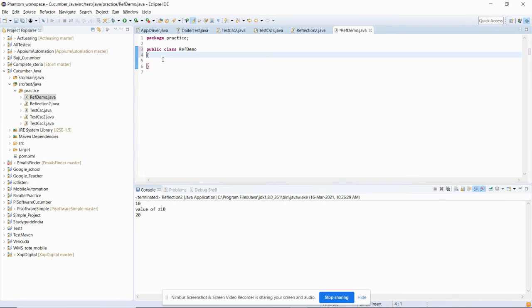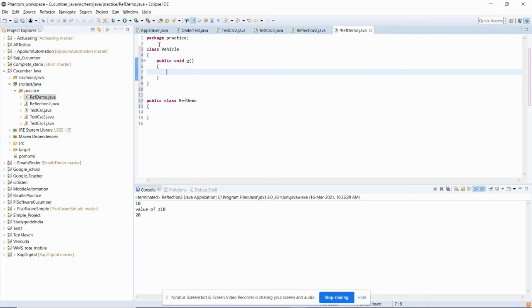I have created a program, a blank class, and we will write the code here. Suppose we have a class like Vehicle, you can take any name. Here we have a method, public void v, and inside it a simple print statement, I am inside the method.